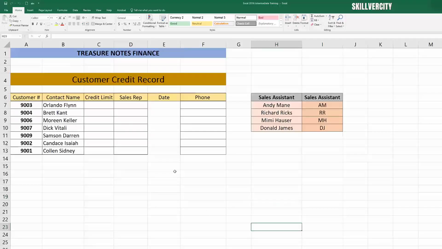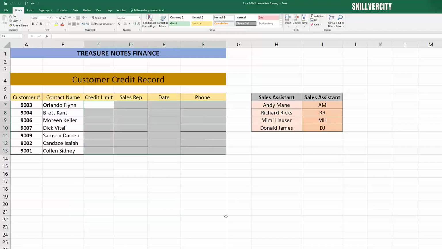Okay, so I want to show you how to protect a worksheet, but also within that worksheet, a section of it will be allowed for input of information. So let's say, for example, we have this customer credit record. We don't want anyone to be able to change the name of the company, these headers, the name of the customers, but we want qualified staff to be able to enter credit limit, sales rep, phone number, and all this information. So what we'll do here is to select this section,